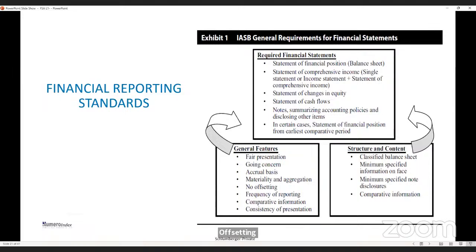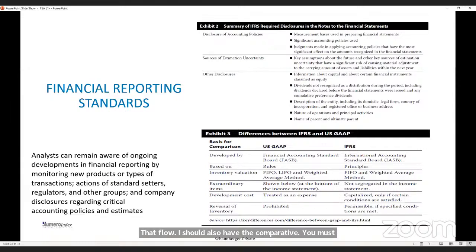So the structure and content, you can have your classified balance sheet, you can have a specified minimum information on it, but you should have information that flows. And you should also have comparative information. That is, you must present the prior year's information. Now, this is where I'm going to, right? This is the difference between IFRS and US GAAP, right? Before I go to that, I have a summary of IFRS